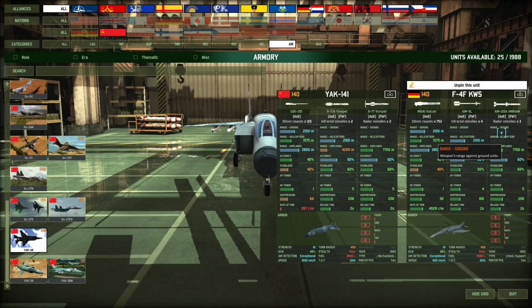And 3 is the exact amount of missiles that, versus basically every other plane, unless it's very, very slow, you will be able to get off in a head-to-head engagement. Meaning if the KWS had 4 missiles and flew into a Yak 141, it wouldn't be able to get a 4th missile off because by then it would be past the plane or within minimum range. So 3 is the perfect sweet spot, between